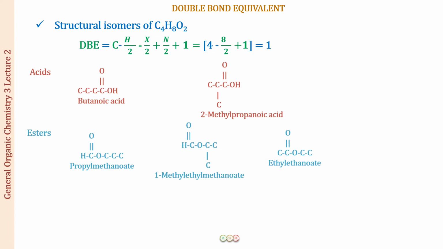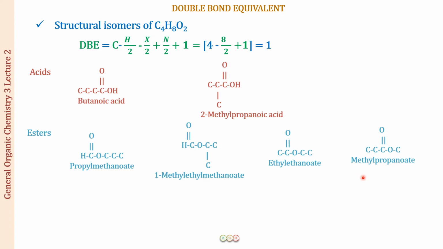So the next we will be moving on to a 3 carbon acid now. So a 3 carbon acid, this is going to be propanoic acid, and 1 carbon that is left, that will be going as a methyl group. So this becomes methyl propanoate. All right. And again, you cannot vary if you're going to put it at this position. Again, this will be the longest continuous chain of 3 carbons. So this is what you will be having as the 4 esters possible for the molecular formula C4H8O2. Propyl methanoate, 1-methyl ethyl methanoate, ethyl ethanoate, and methyl propanoate.